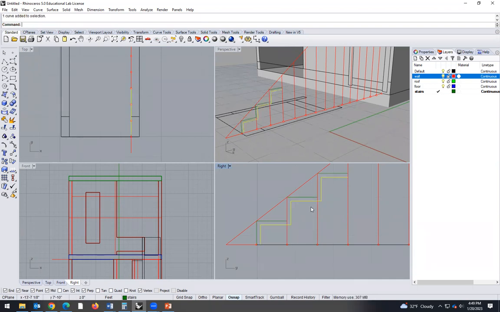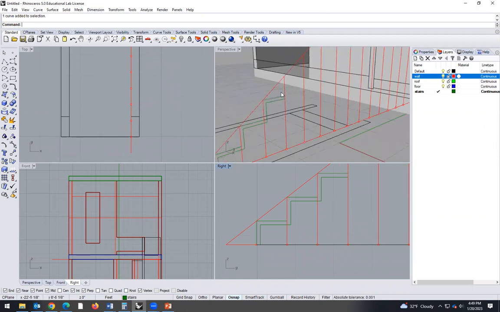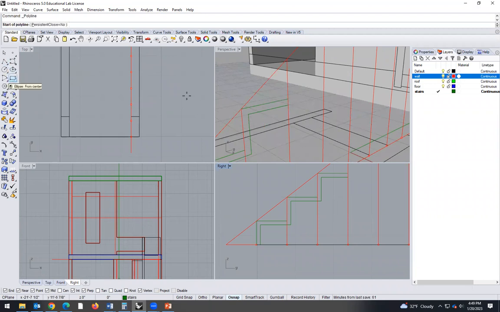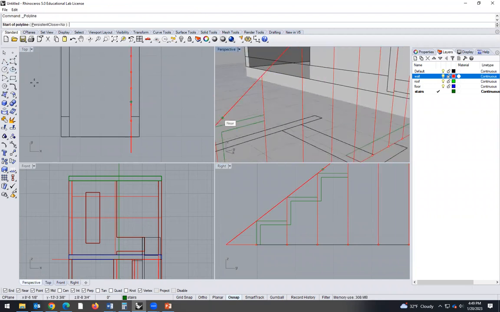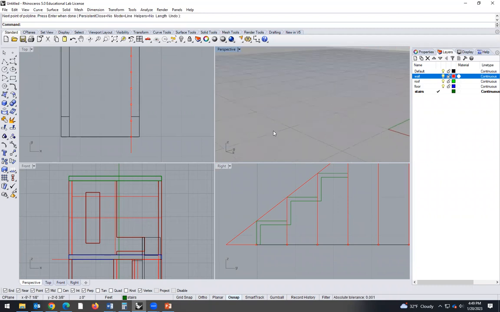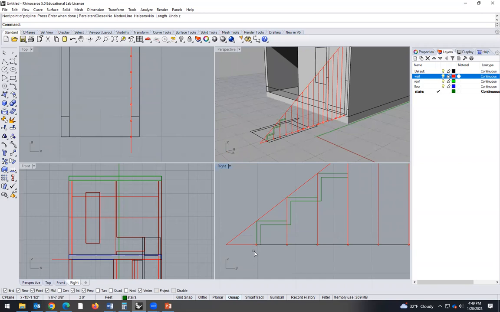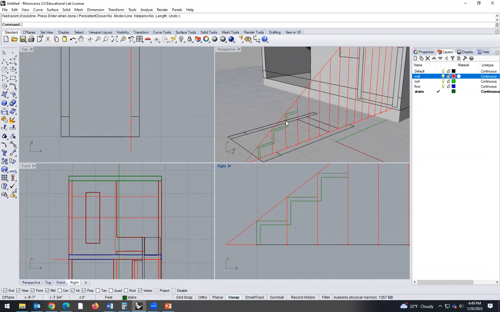But this is not a closed loop. I have this element and this element, and I need to close it. So you need to complete the staircase, and then we have to create another element here, press enter, and then another one here. Enter, and there you go. And now we have to join this. We have created different lines, so it's not a closed loop because we have different lines and they are not